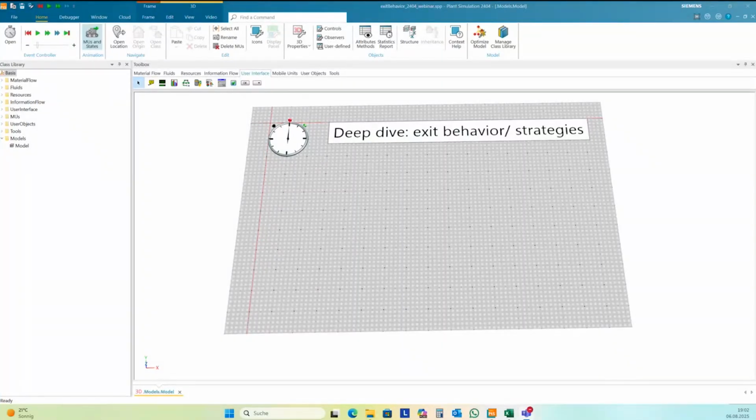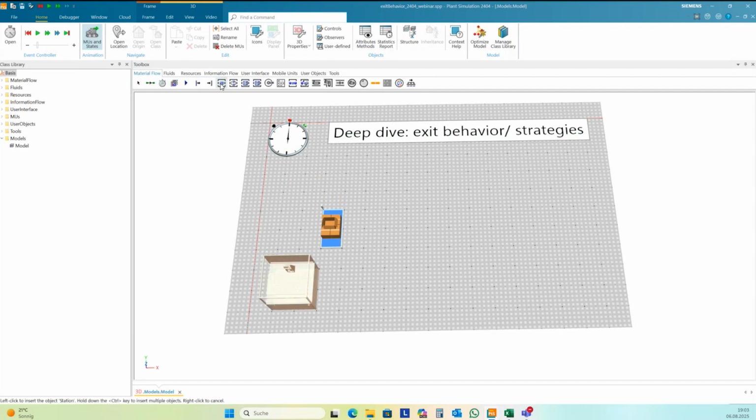Hello. Our topic today is quite basic. It's the exit behavior of material flow elements. I start with the decision you have to make if you have several successors like this.